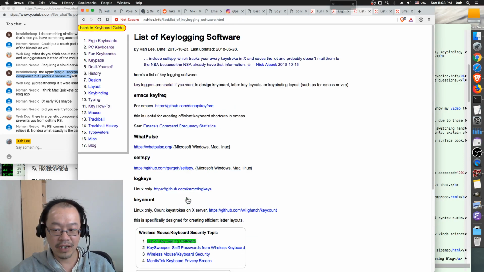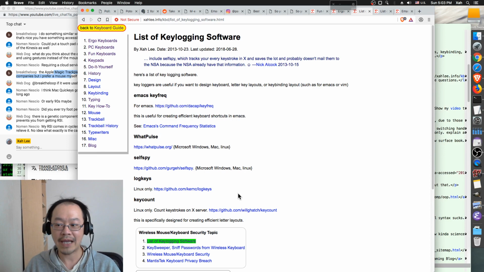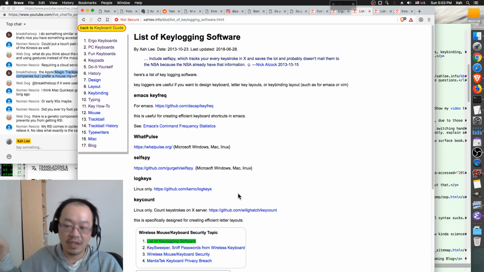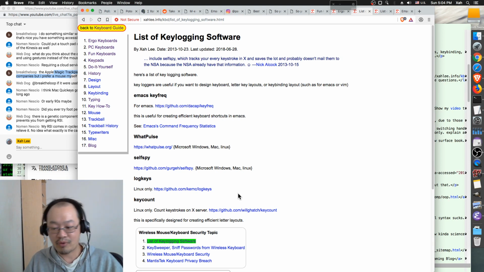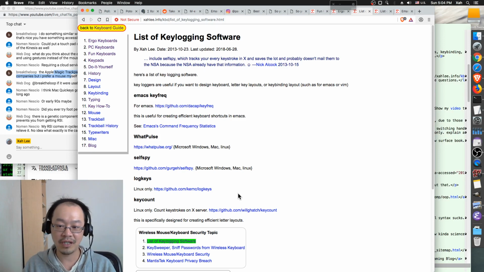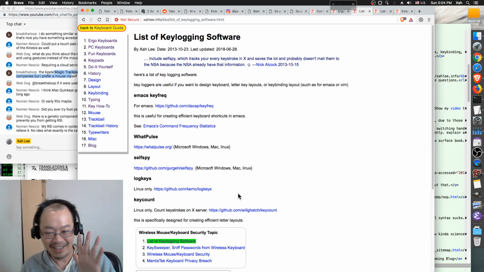The list of keylog software is there because when you don't have statistics, the keylog will give you the actual data, exactly how much you type. That's important because programmers think, I'm a programmer, I sit at a computer all day, I type a lot. But the data entry clerks type 100 times more than you. Actually, if you type everything you need to type in a day continuously, it might be just 5 minutes, literally.